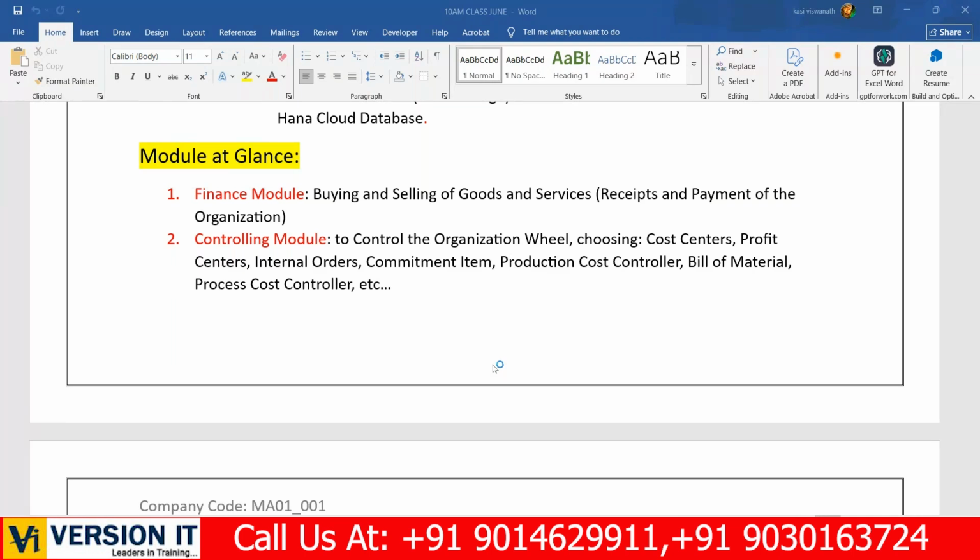So for how to guide you the reference. So these are the modules at a glance or reference industries. First, let me discuss one by one. First one, finance module. Finance module. Heading,